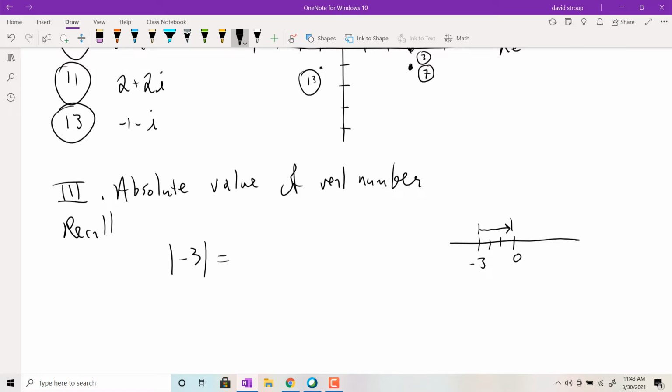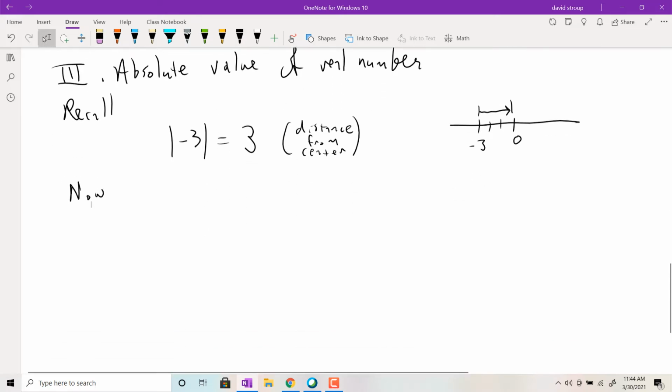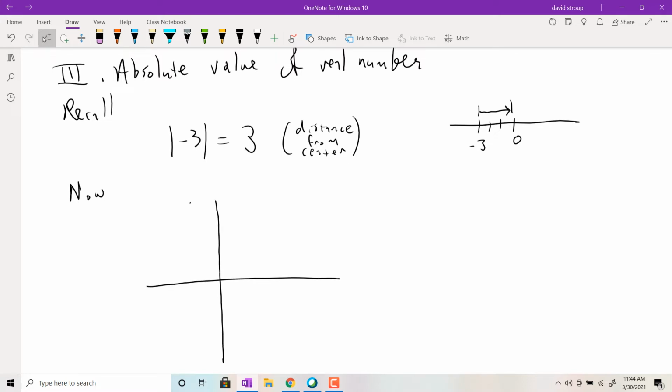That's the distance. So you can reimagine this thing as just the distance from the center. Okay. And that'll carry over here. That kind of idea carries over into this situation where instead of a center, because now we have 2 axes as opposed to just one, the real number line, we'll think in terms of a distance from the origin. Okay, so the absolute value will be, if I'm given something like, let's say, z equals 1 plus 3i,